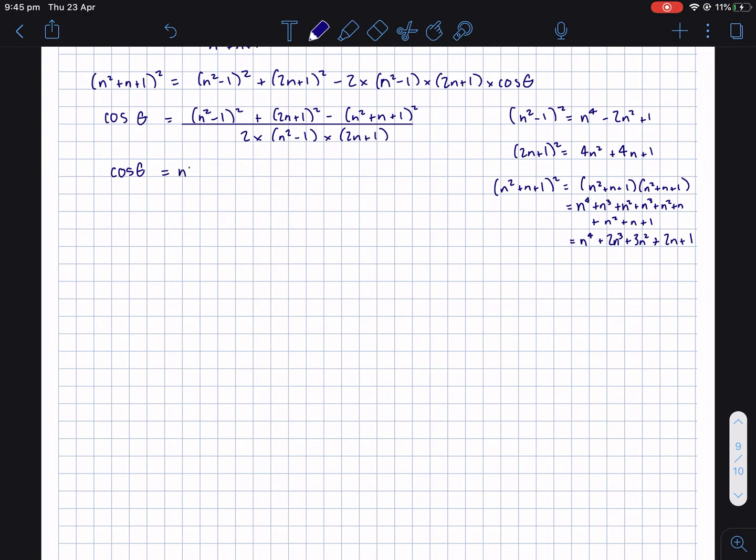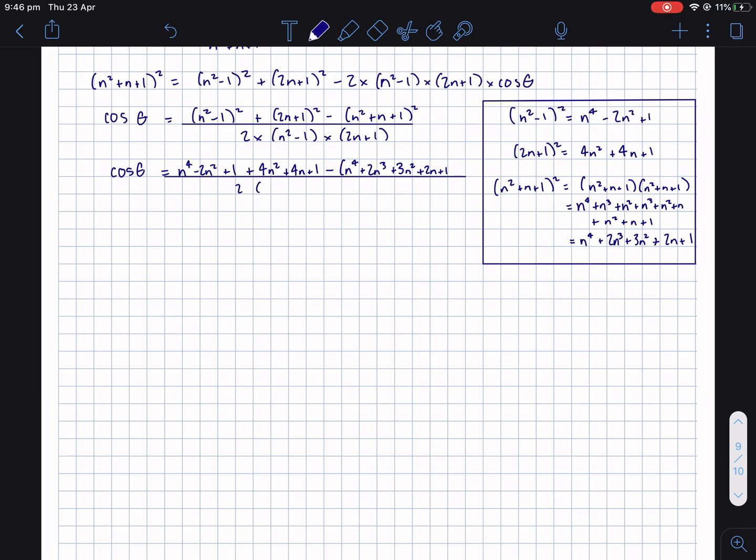was n to the 4 take 2n squared plus 1 plus 2n plus 1 all squared, 4n squared plus 4n plus 1 minus that thing squared came out as n to the 4 plus 2n cubed plus 3n squared plus 2n plus 1. Just going to draw a box around these. And this is all over